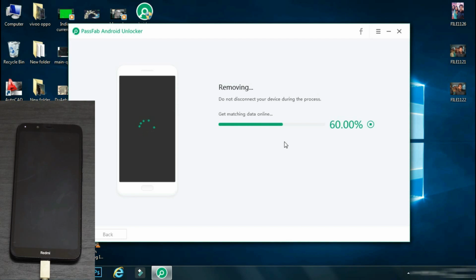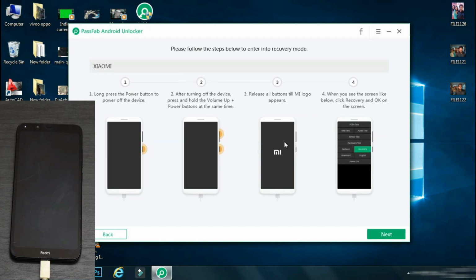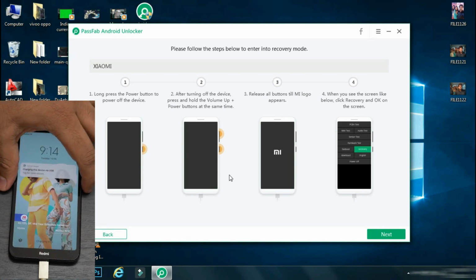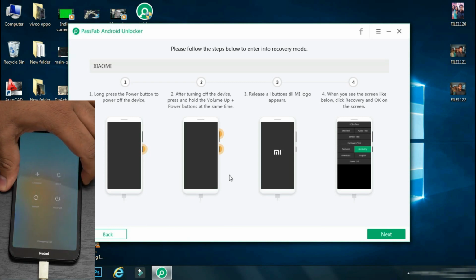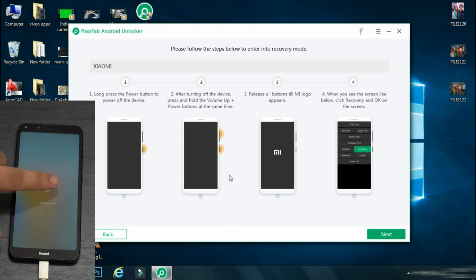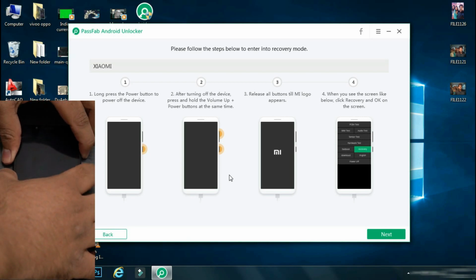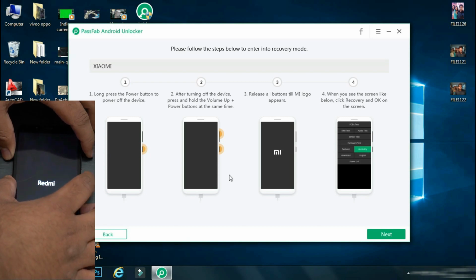The app will verify your phone model, download the configuration file, and accordingly, it will display the procedure which you may need to follow for unlocking your phone. So on this screen, the PassFab app will display the procedure to follow in order to put your phone into recovery mode. The procedure may vary depending on your phone model and the software will guide you accordingly. So the first step is to switch off your phone. Some phones like this one can be switched off directly when locked, but there are some phones like Samsung phones where you have to keep pressing lock and volume button to forcefully turn off your phone. Once your phone is turned off, press and hold the lock and volume up button till the phone logo appears, and after that leave the buttons.